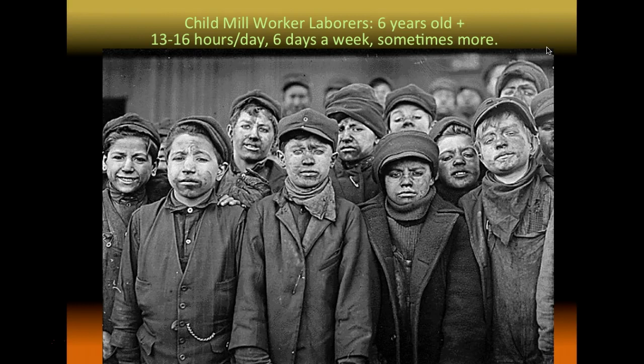A few more images. You can see the age of these kids. They are very young kids, and they perhaps should not be working. And these are child mill workers, so they're working in a mill, and their hours and days are extraordinary. And people started at the age of 6. And I know we are in kindergarten and in first grade at age of 6, and it's just unreal to think that these kids are in mines, breathing in the coal and the dust and having major injuries happen on a regular basis, not getting education, not getting taken care of. They are nothing to their employers because they are just there to make money.